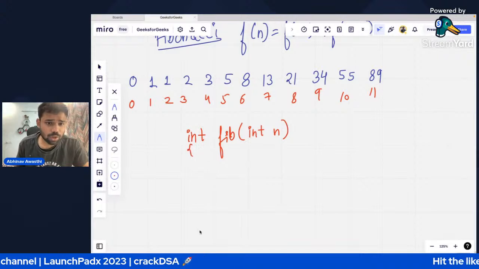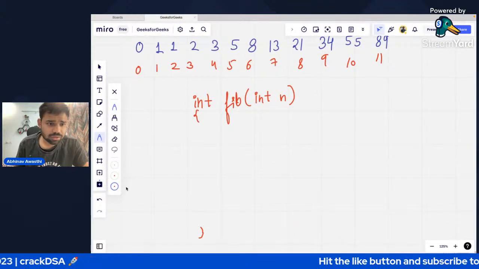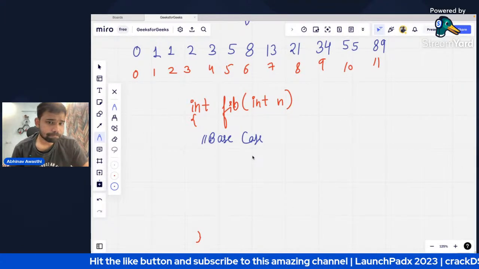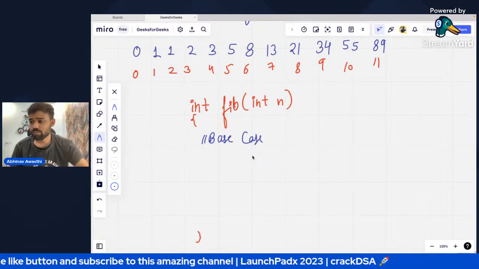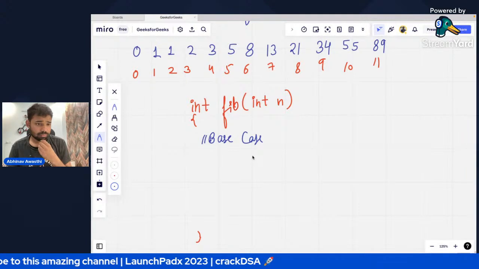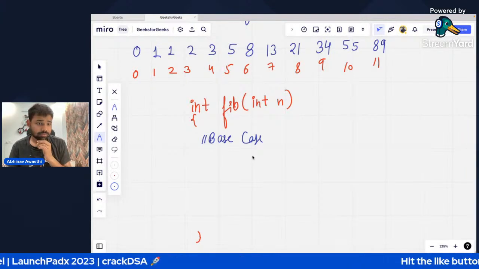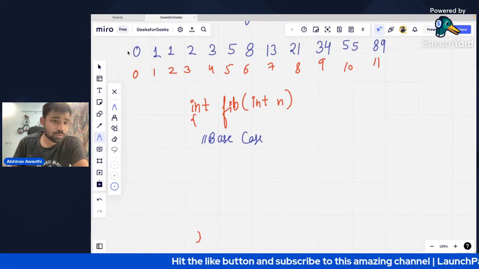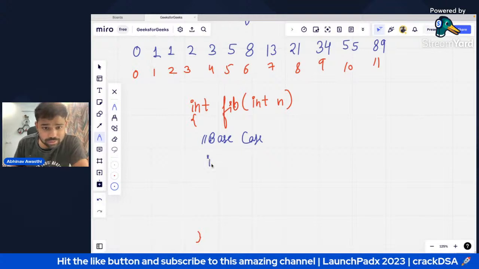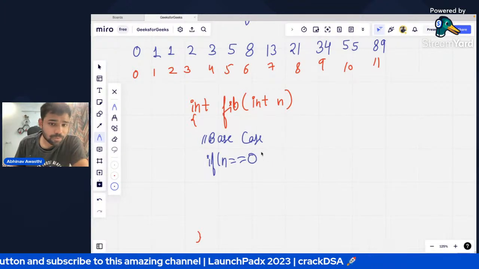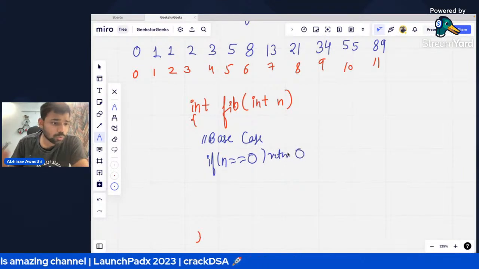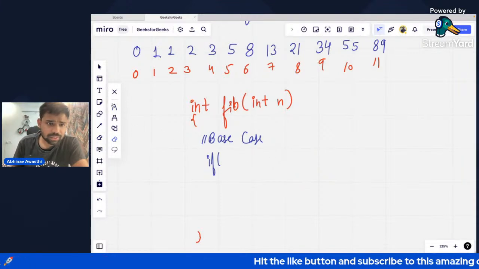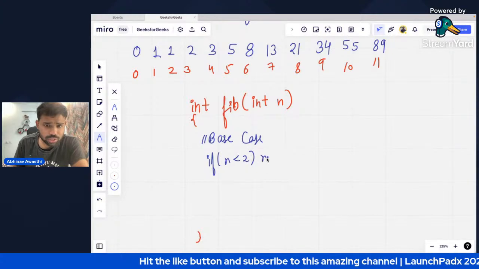What will be the base case? You know the first two numbers: the zeroth Fibonacci number is 0 and the first is 1. So I can write: if n is less than 2, return n.